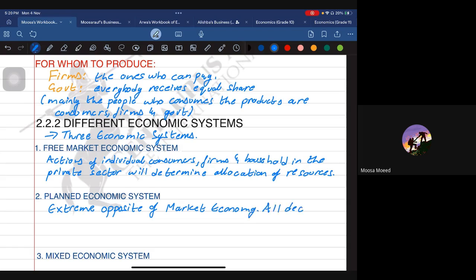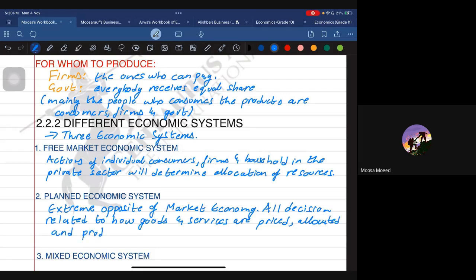All decisions related to production and resource allocation, what needs to be produced, how it needs to be produced, and for whom to produce, all decisions related to how goods and services are priced, what price you are going to charge, allocated, where we use resources, in making which products, and produced, are taken by